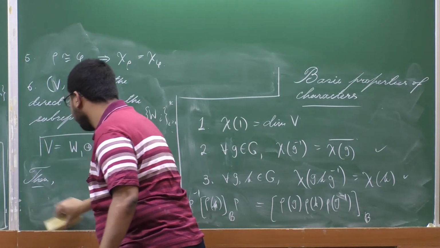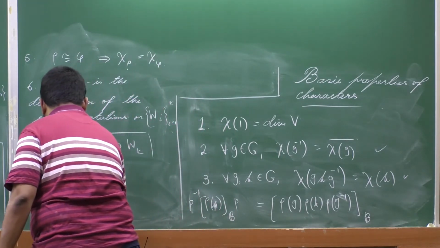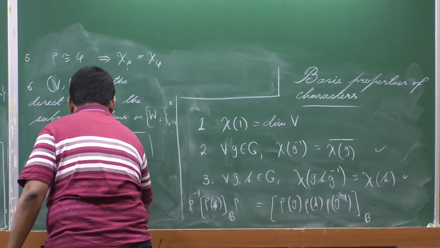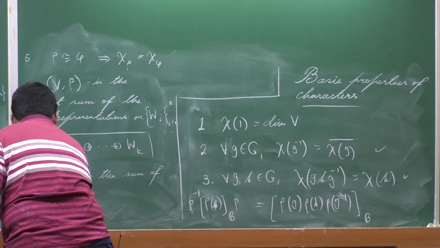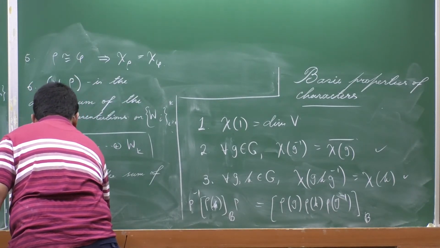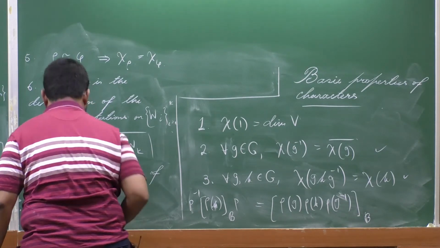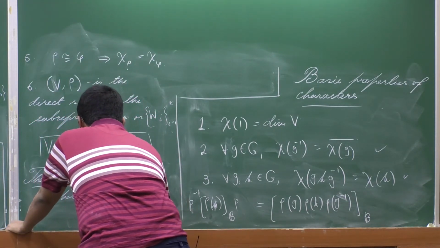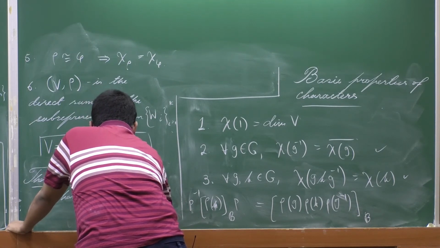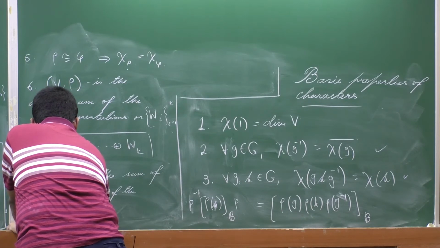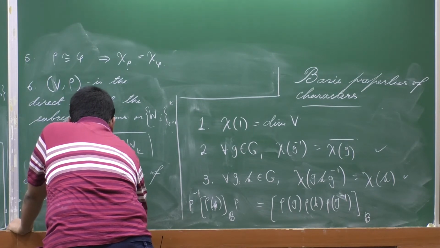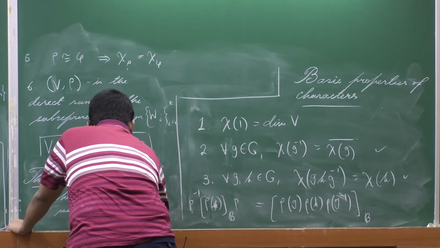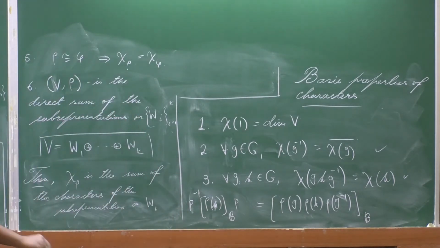one obtains the following, that the character chi rho is the sum of the characters of the subrepresentations on Wi, right? Because